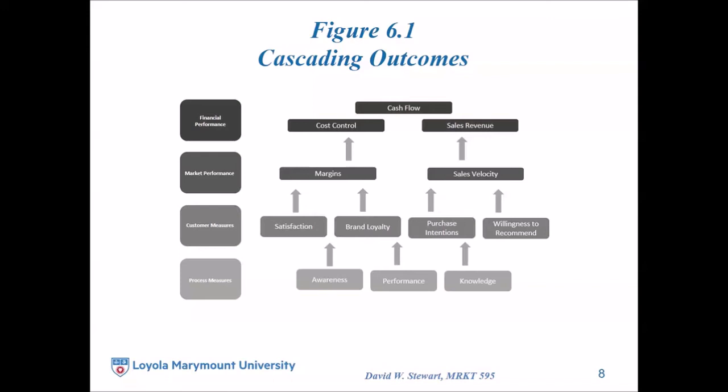In thinking about KPIs, you will need to think about which ones are most relevant for what your job is and what your decisions are. There's no best set of key performance indicators that will be useful to everybody in the company. The CFO wants to look at return on investment. As an assistant brand manager, that may be less important to you than things like awareness, availability, choice, and so forth. But there is a linkage. There is what we call a set of cascading outcomes.